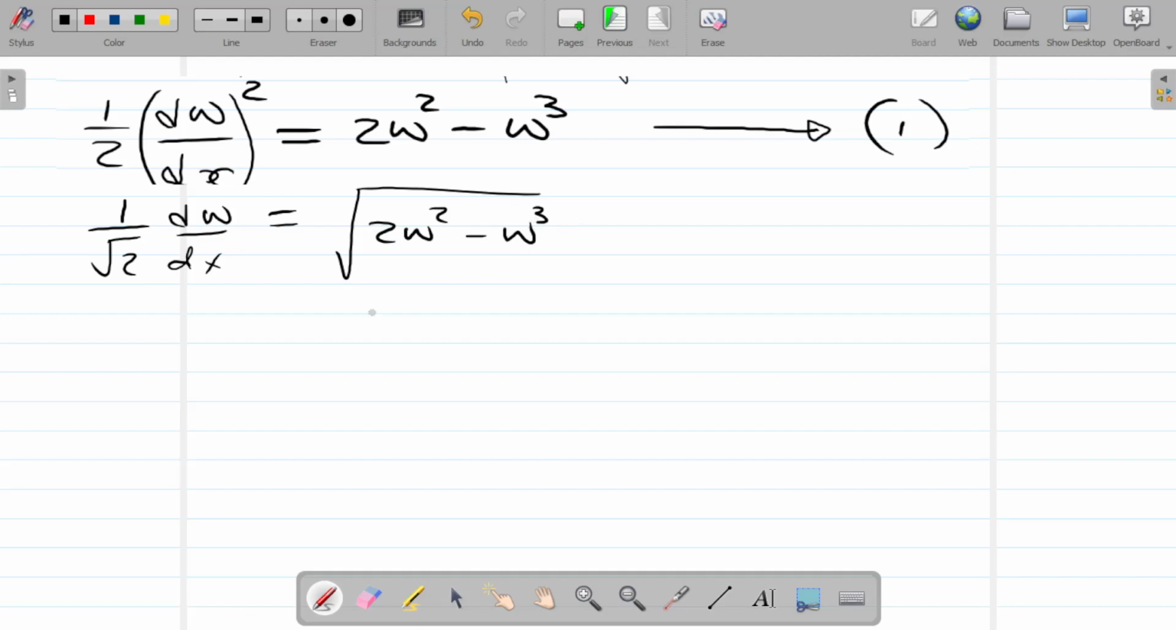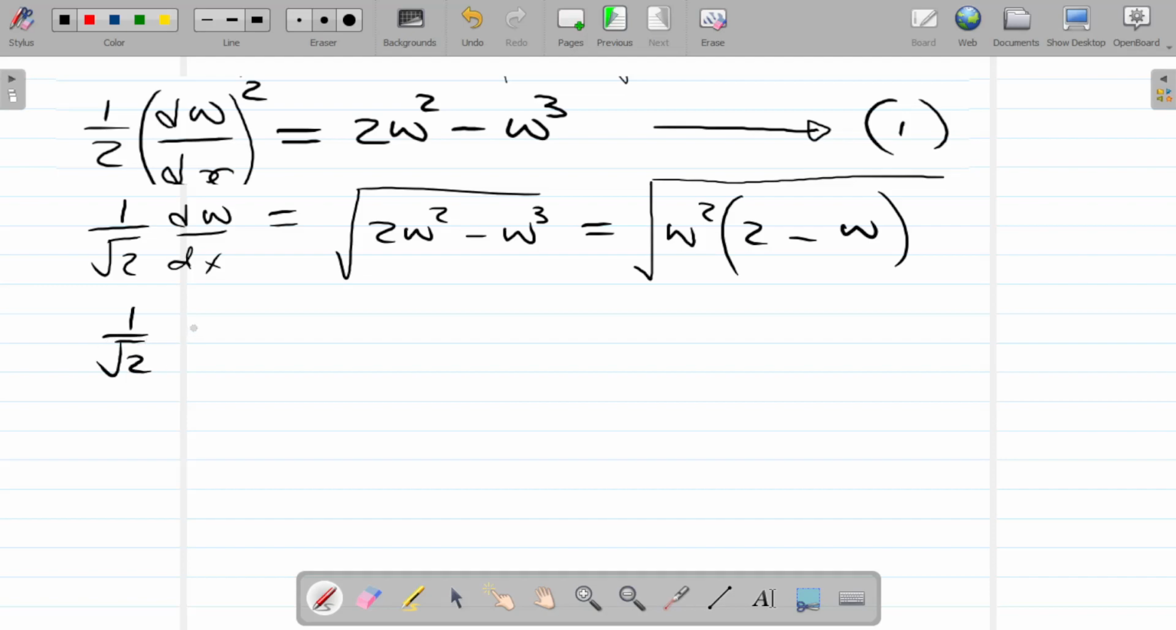Now, you can probably see that we can actually factorize out w squared inside the radical sign. So actually what we get is a square root of w squared times 2 minus w. So what we've now got is 1 over root 2 dw by dx equal to, well,